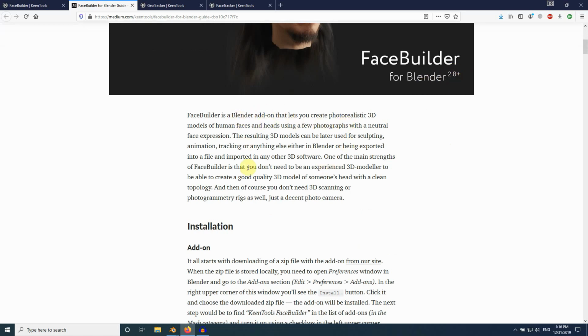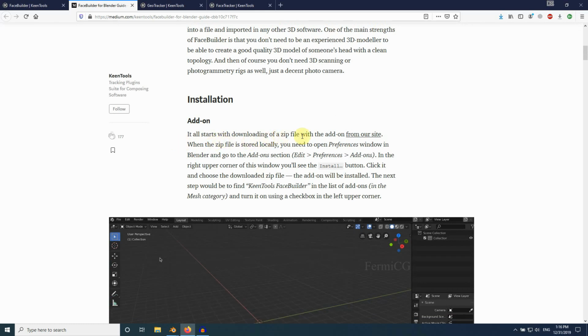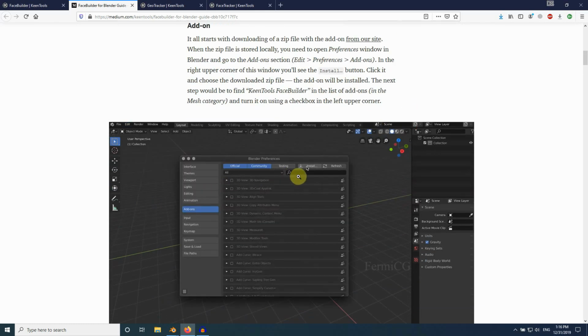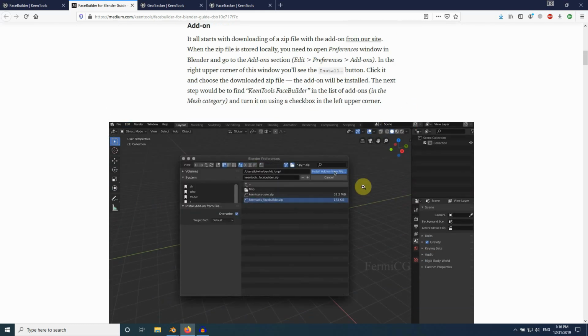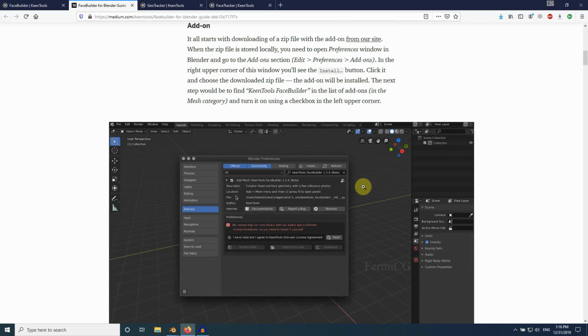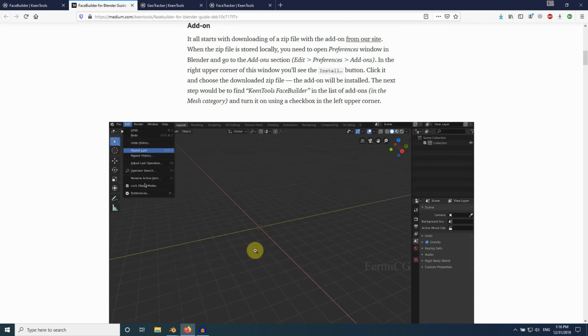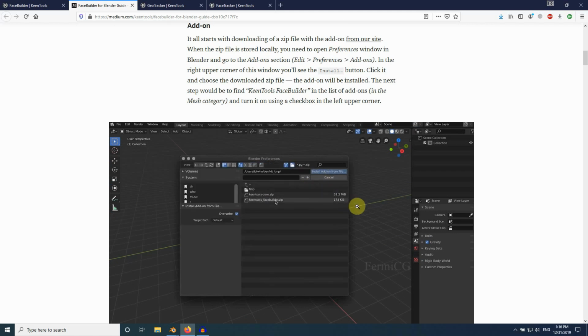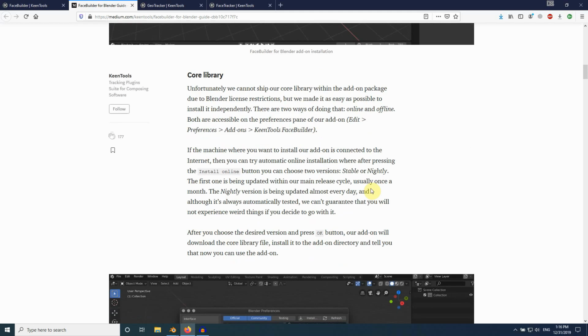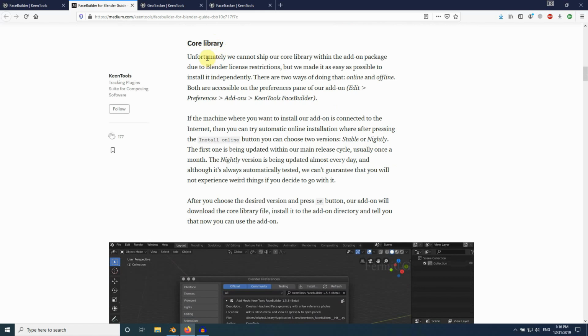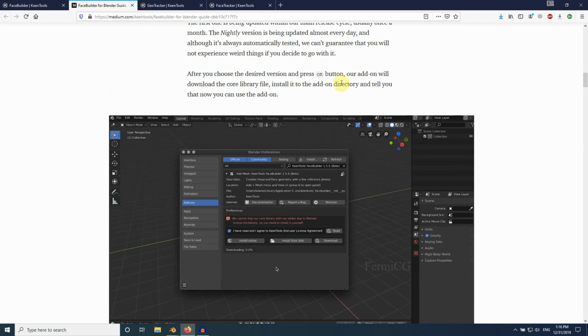See, all the same thing, you need to install it. They are showing how to install. You can watch this, and there is a core library you need to install. Unfortunately, we cannot ship our core library within the add-on package due to Blender license restrictions, so you need to download it separately. You can click that, and I have read,